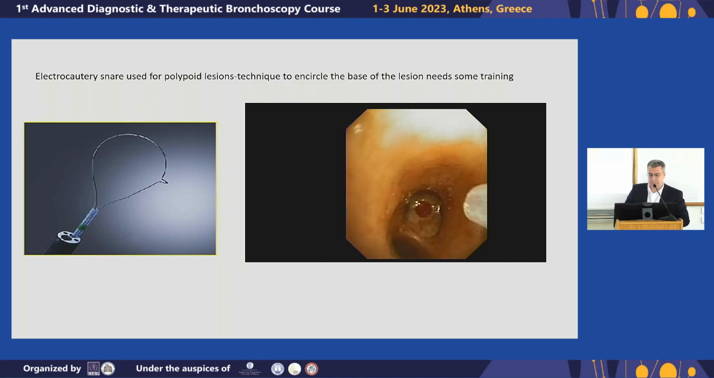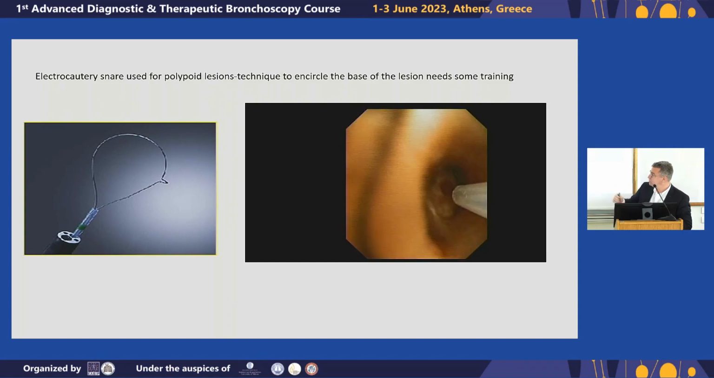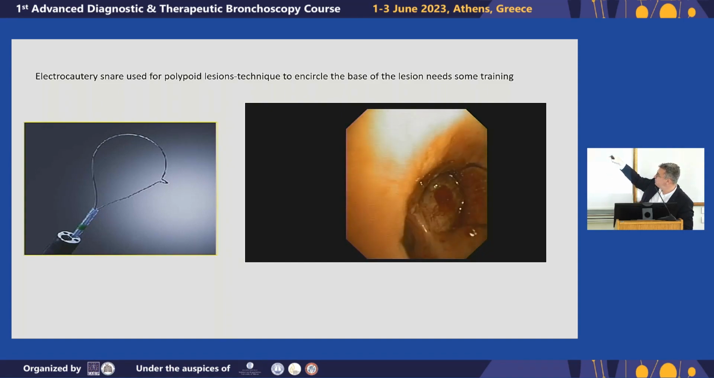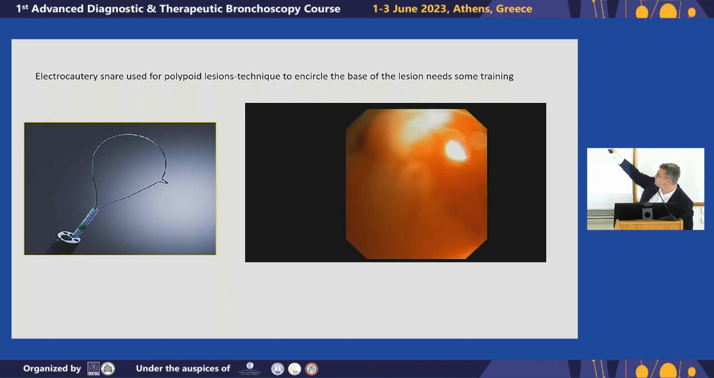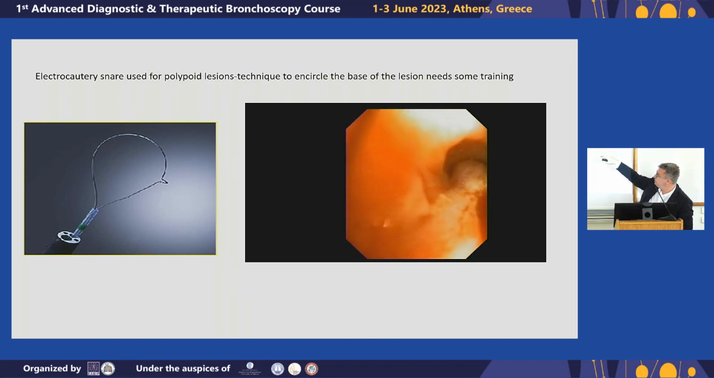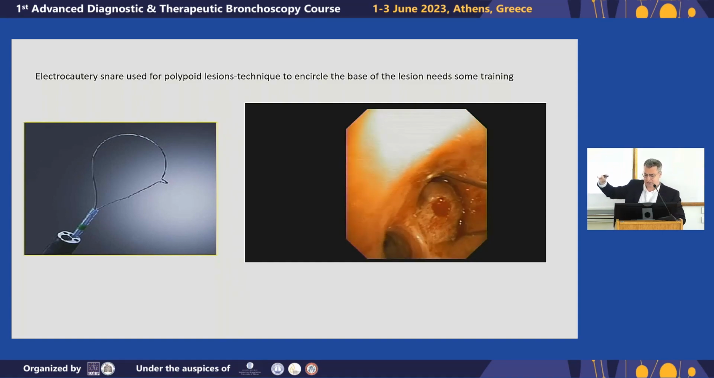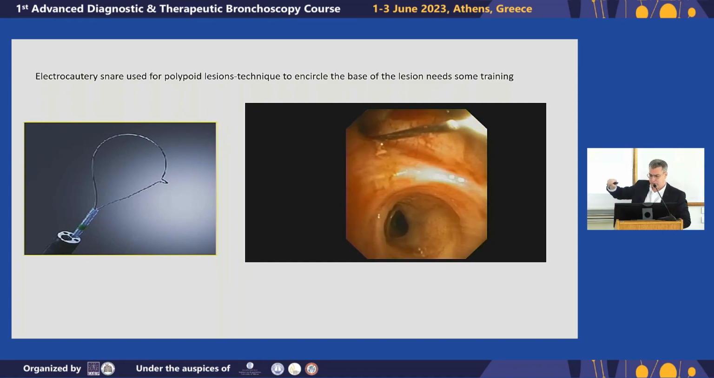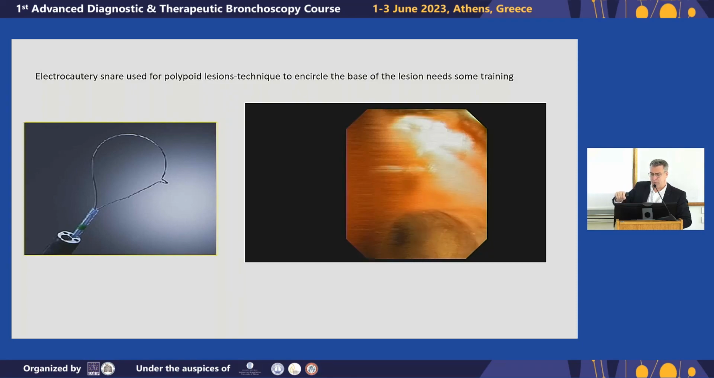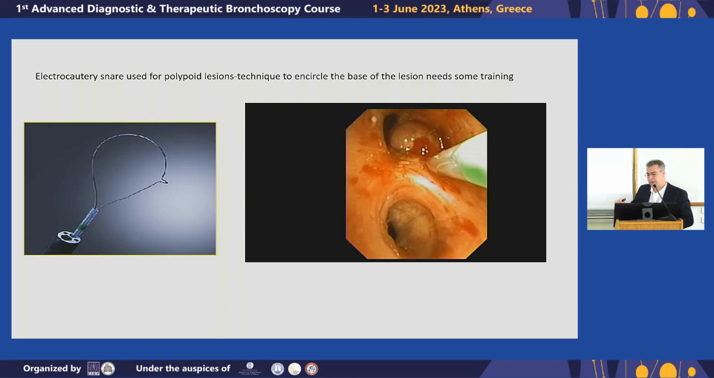Let me show you an example of the snare. The snare needs some training. It has some learning curve. It is used for lesions that have a bud. So we can circulate the lesion, as you see here with these movements. We try to put all the snare behind the lesion. And then we ask our assistant to start closing on the bud. And then we push our pedal and we start to cut